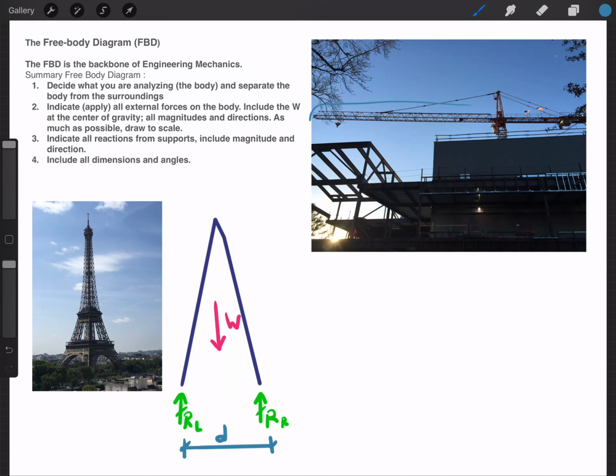Essentially this is our boom, and we can draw a free body diagram of that boom. I'd like to point out a couple things in looking at this. On this end here, you can see the pulley system, and it was evening, so they weren't working at the time. This isn't a working crane; it will be working the next day. But this is what is used to lift